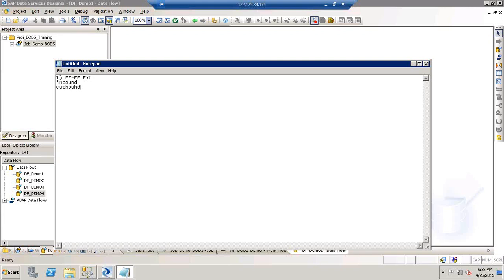In these scenarios, you use data services to connect to your inbound directory, read the data from it and write it into the outbound directory. You might ask, can't I just copy from there and paste it in the other target system? Yes, you can do that, but here you know,